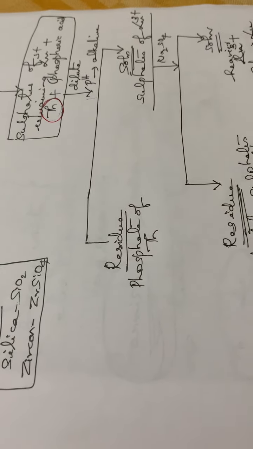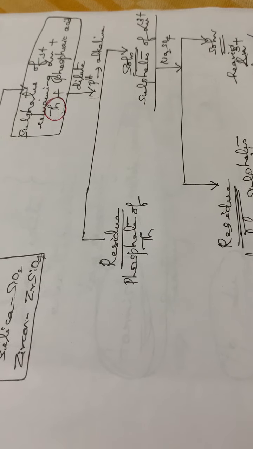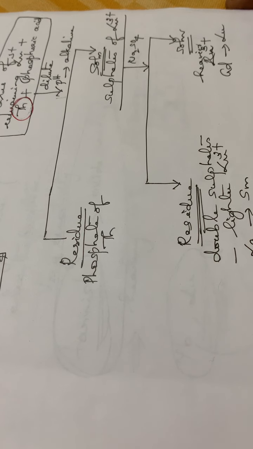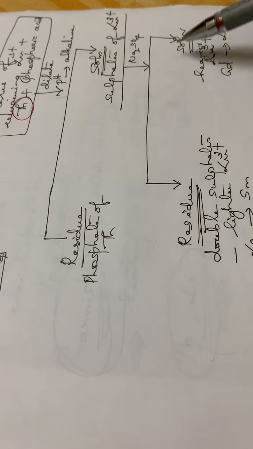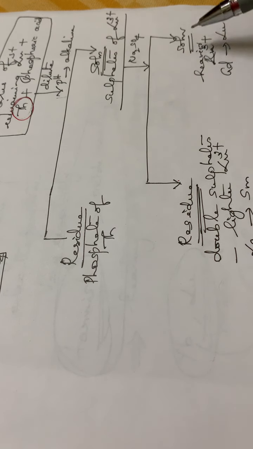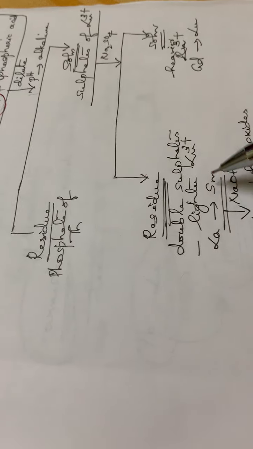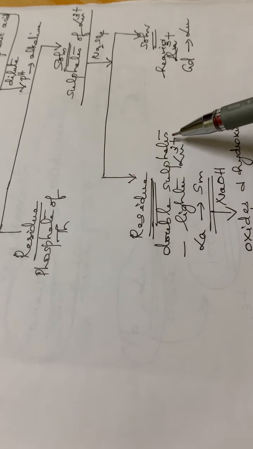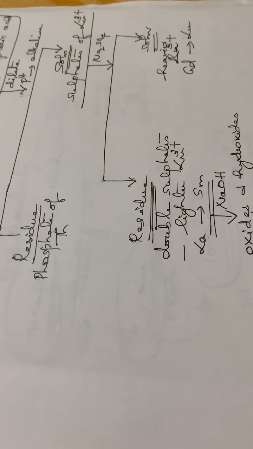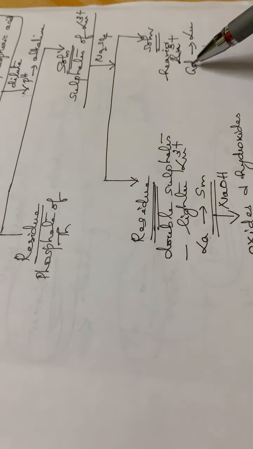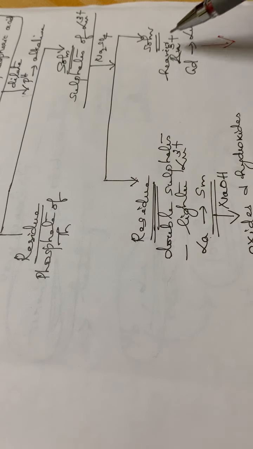So hope you are clear. While treating with sodium sulfate, again we will have two parts, the residue as well as the solution. The lighter lanthanides will be precipitated as their double sulfates, starting from lanthanum to samarium. And the remaining lanthanides, that is the heavier lanthanides, will be there in the solution. Then you have to do some more steps to separate each and every element from this solution.